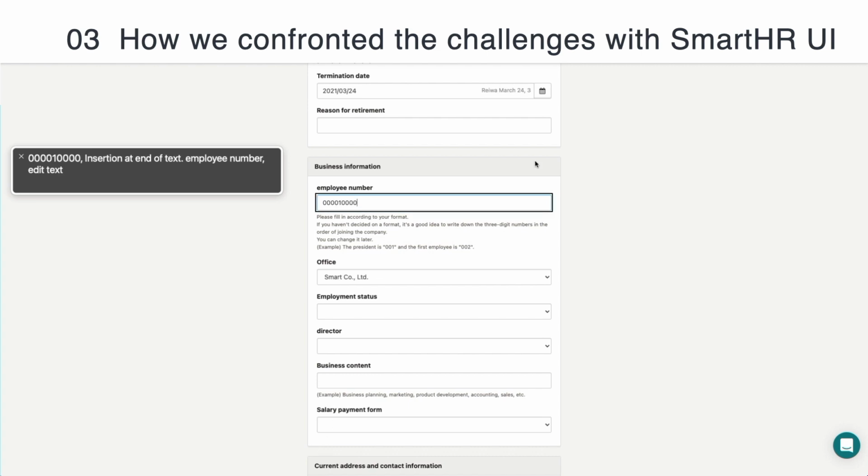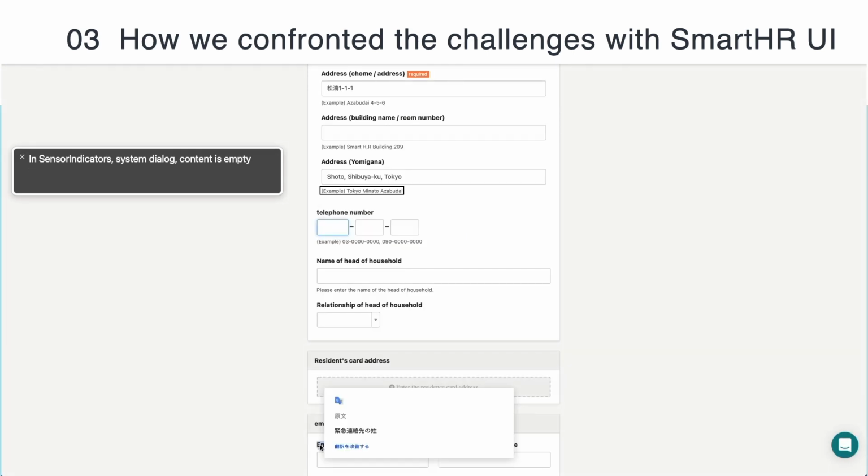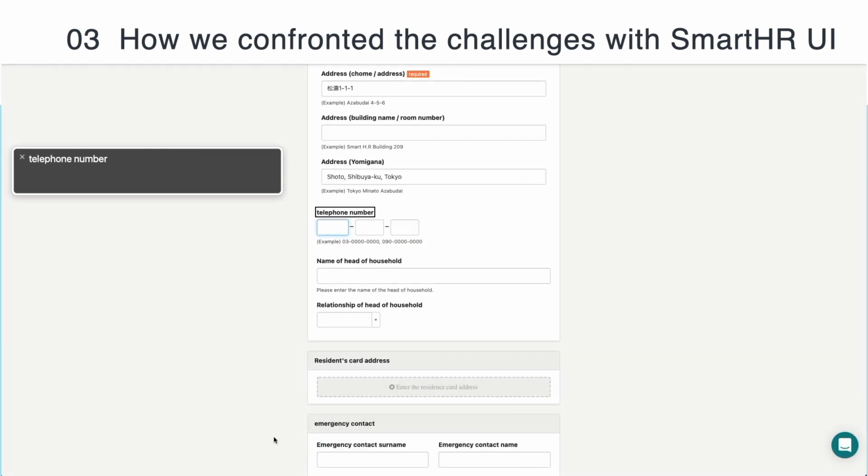Insertion at end of text. Employee number. Edit text. Content is empty. System. You are telephone number. Insertion at end of text. Invalid data. Edit text. On dash. On dash. On dash. Example 03 0000 0000 090 0000 0000. On dash. Insertion at beginning of text. 0 3 on dash 0 0 0000 on dash 0 telephone number on dash 0 on dash 000 on 0 telephone number. You are currently on a text element.